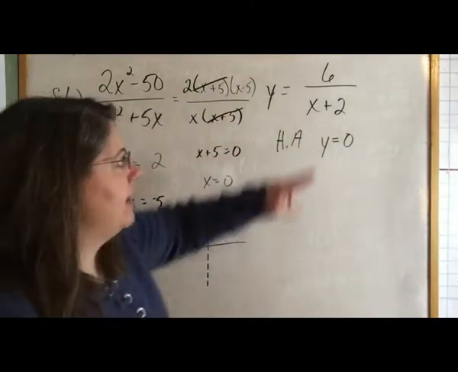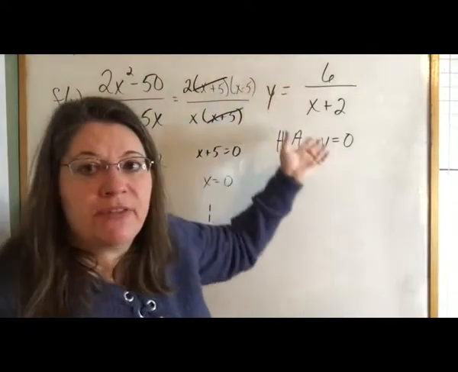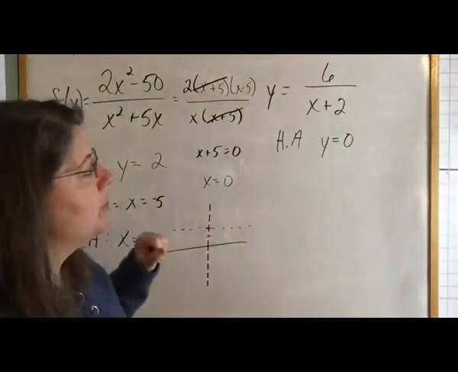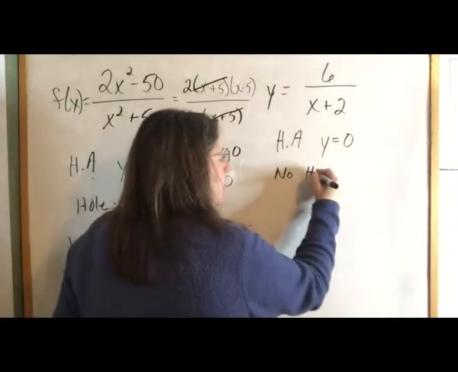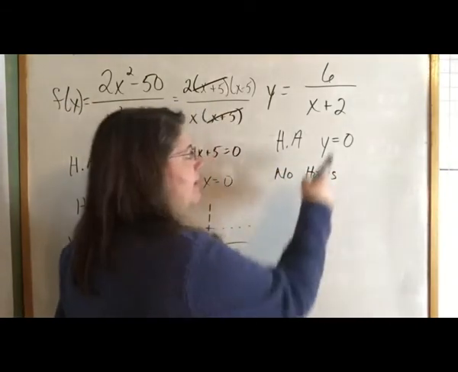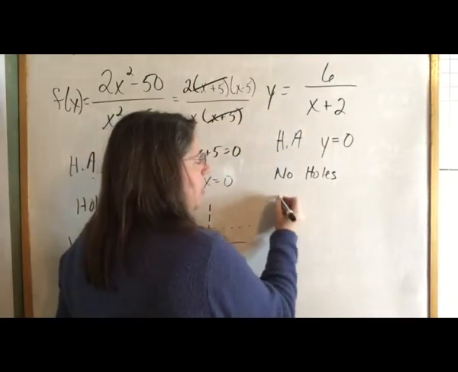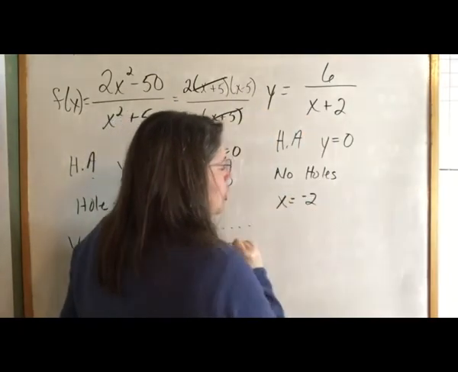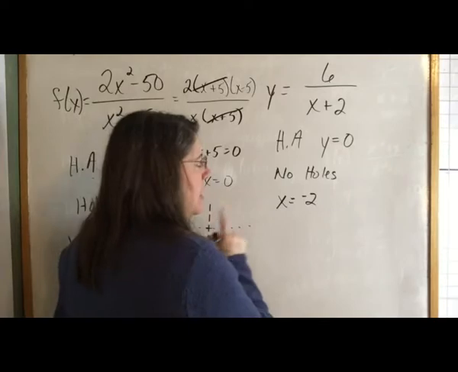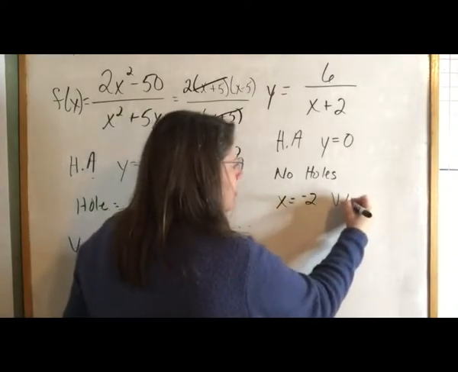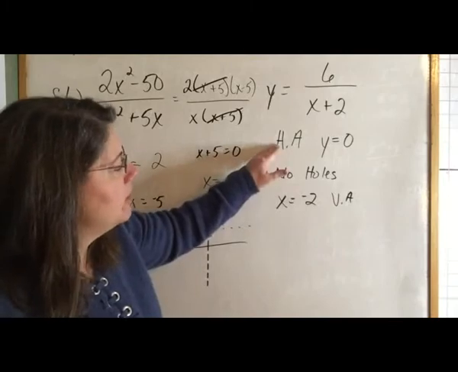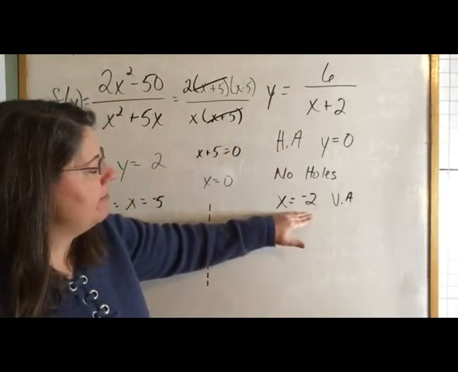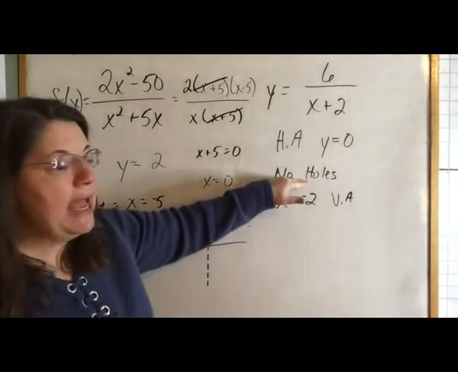If I try to factor, nothing will factor. So that means nothing will cancel out there. So since nothing cancels, I have no holes. And then if I set the denominator equal to 0, I have x equals negative 2. And since that does not cancel, that would be my vertical asymptote. So I had a horizontal asymptote at y equals 0, a vertical asymptote at x equals negative 2, and no